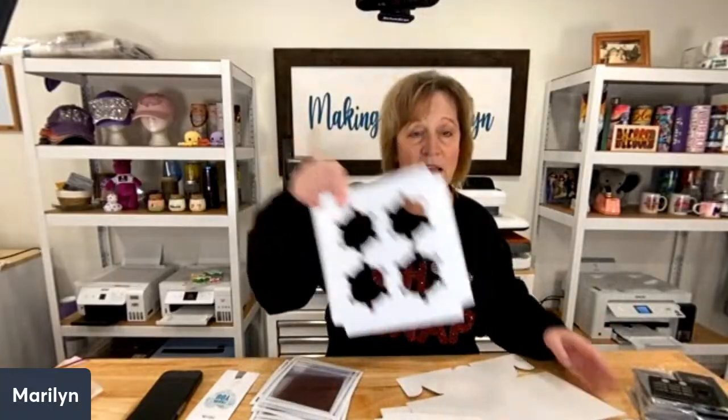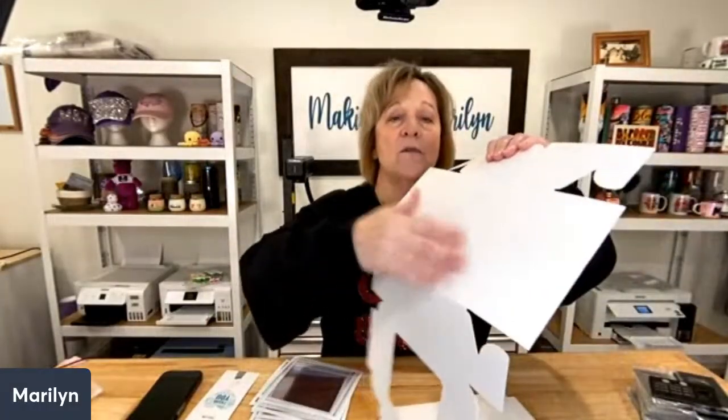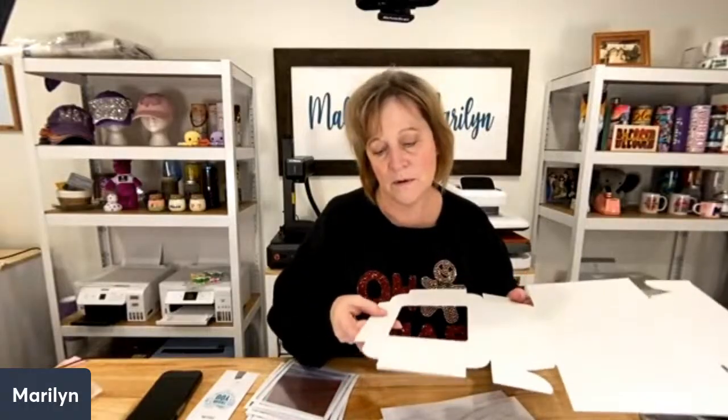So that was just kind of a fun thing that I was doing for tonight. Here's the pieces of what I have. And these are just boxes that hold 4 cupcakes. If you don't want to put the insert inside and you want to throw a bunch of cookies inside instead, you could. And so here they are. You can tell the sublimation side, because obviously it's going to be the outside of the box. The sublimation side also feels very smooth. There is some type of coating on there that makes it very smooth. And then the inside of the box feels more like a smooth cardboard, but it's not as slippery smooth as